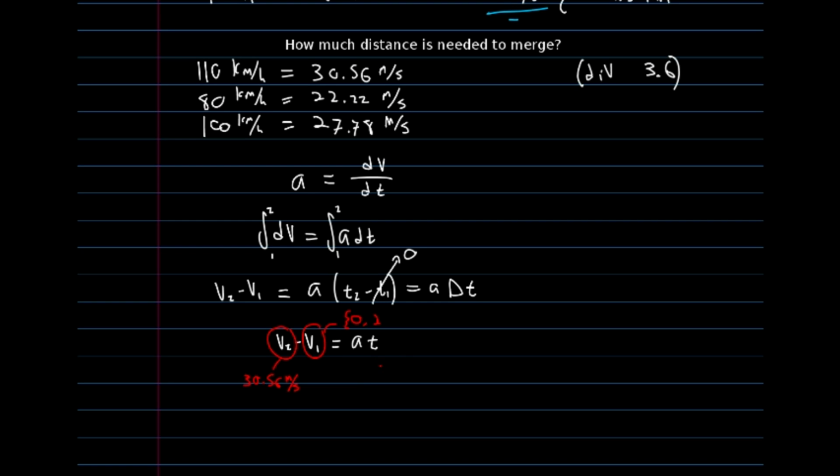We have 22.22 meters per second, and we have 27.78 meters per second. Our acceleration, 2 meters per second squared. And our time is the variable that we want to solve. Interestingly enough, if we increase our acceleration, our time will decrease. So let's basically split this into 3 parts,